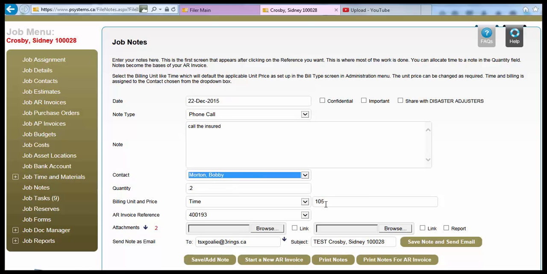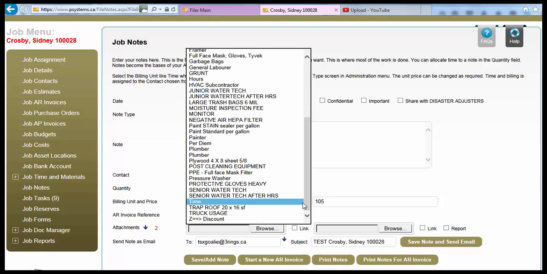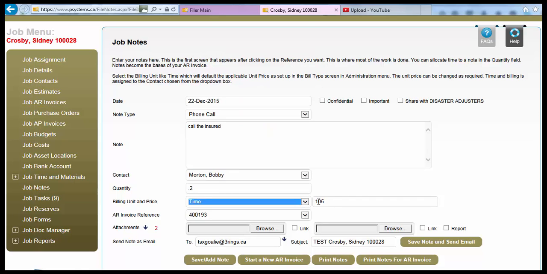The next fields are for those users who are tracking their time and billing for it within the software system. In the example here, I have a quantity of 0.2. In the billing and unit price, I have time. If we click down the drop down, we see the time and the other examples of what we have set up for billing unit. Next, we'll see there's a dollar amount attached to this time,